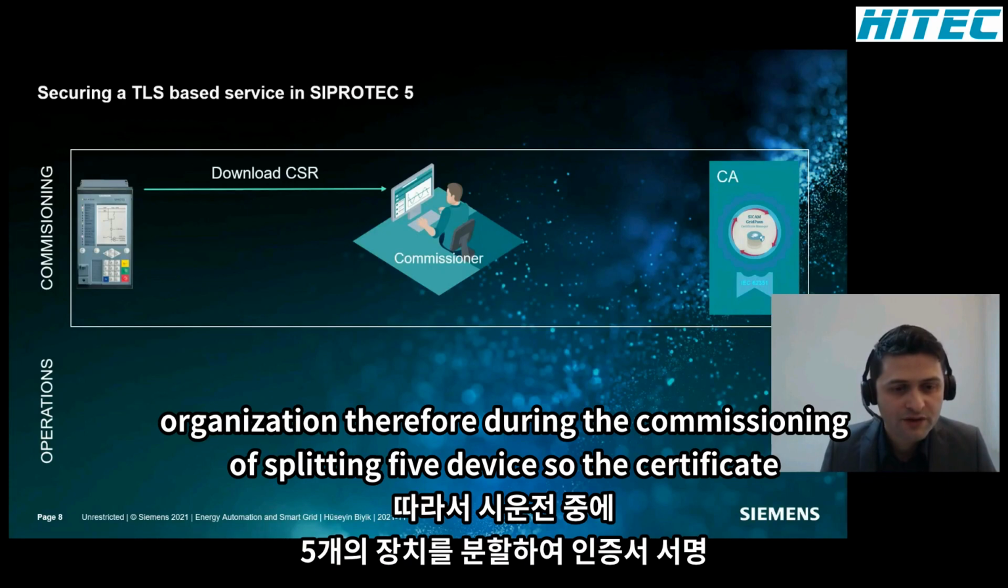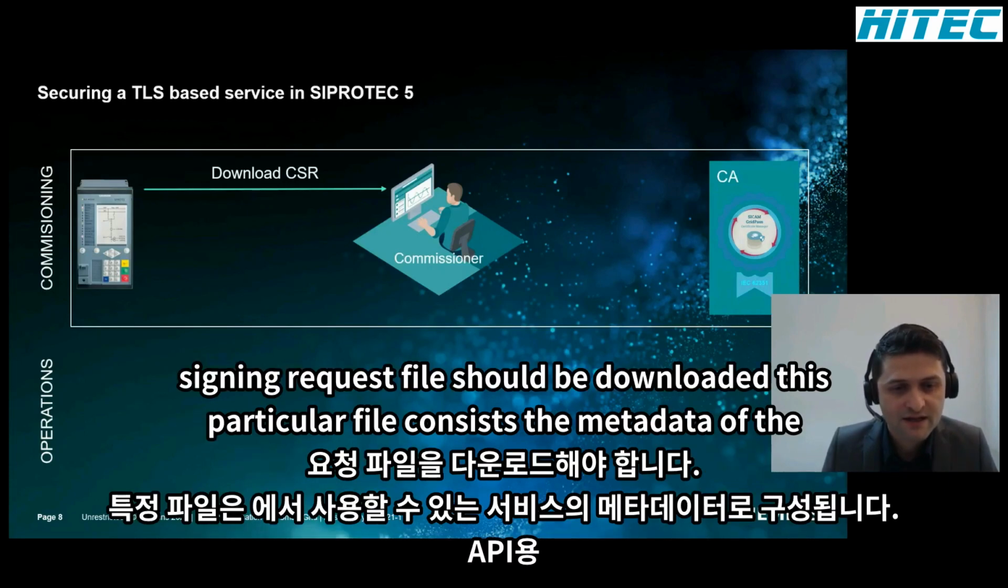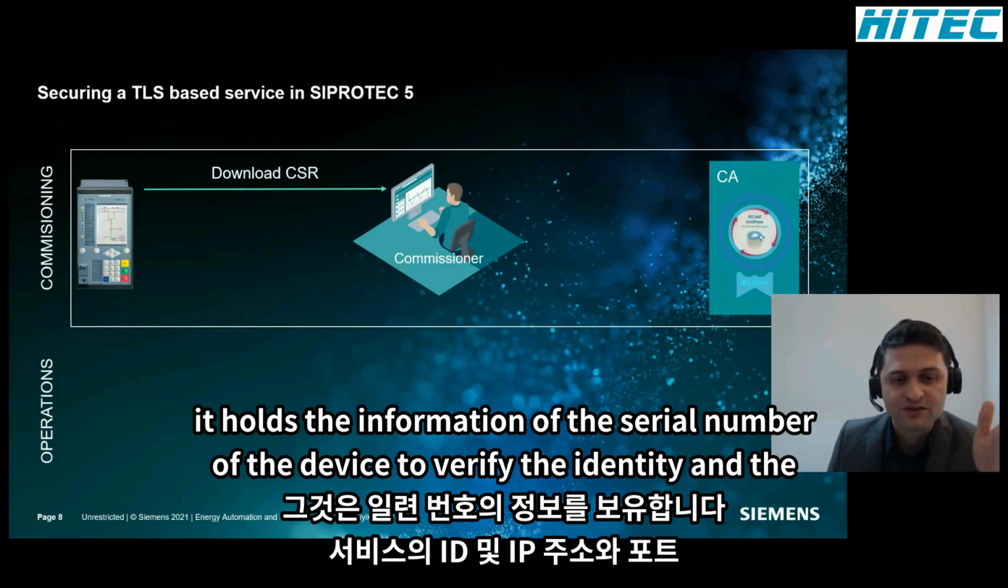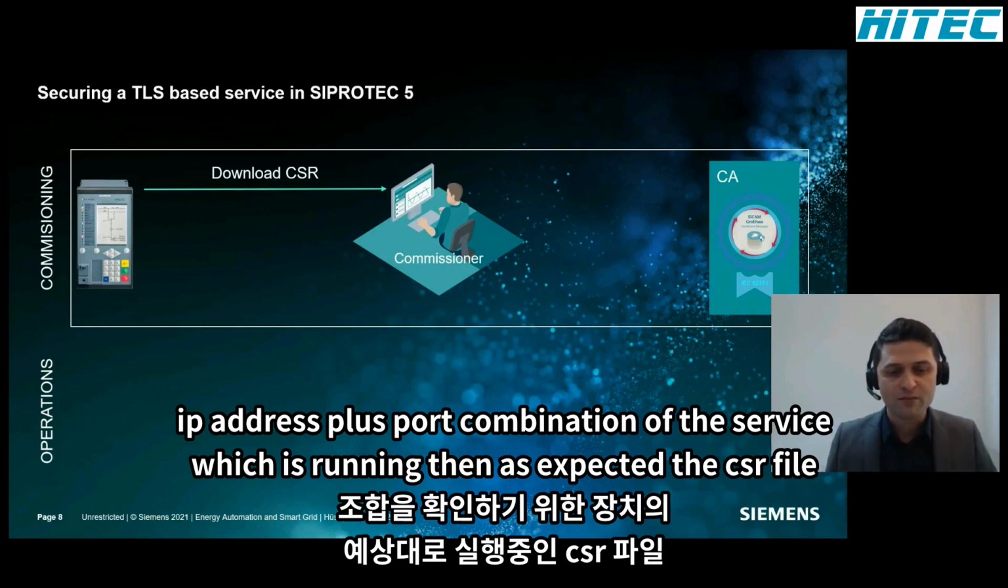Therefore, during the commissioning of the SIPROTEC 5 device, the certificate signing request file should be downloaded. This particular file contains the metadata of the service that is available in the device. We are talking about the web UI. For the web UI, it holds the information of the serial number of the device to verify the identity, and the IP address plus port combination of the service which is running. Then, as expected, the CSR file